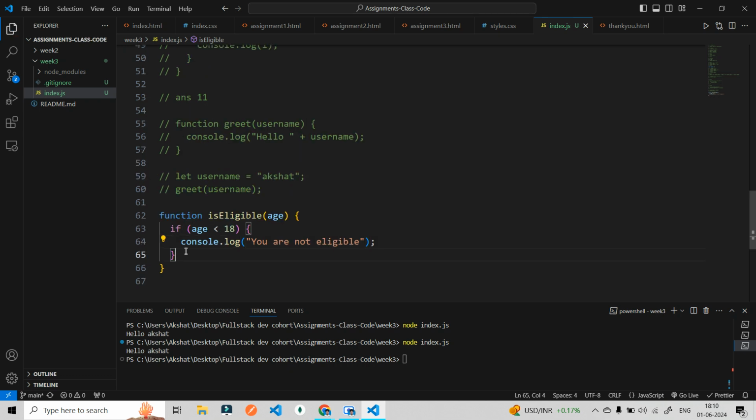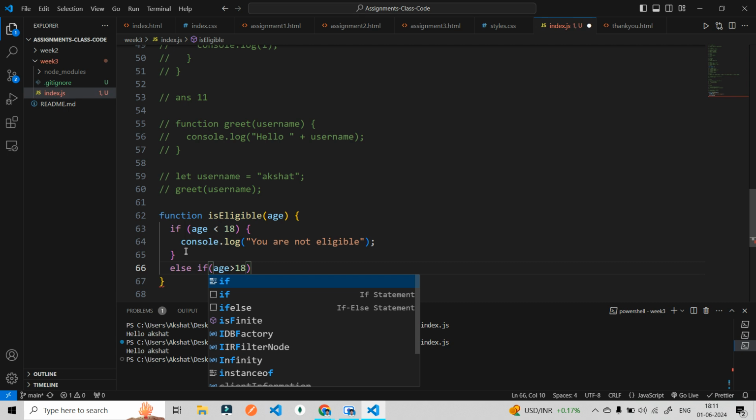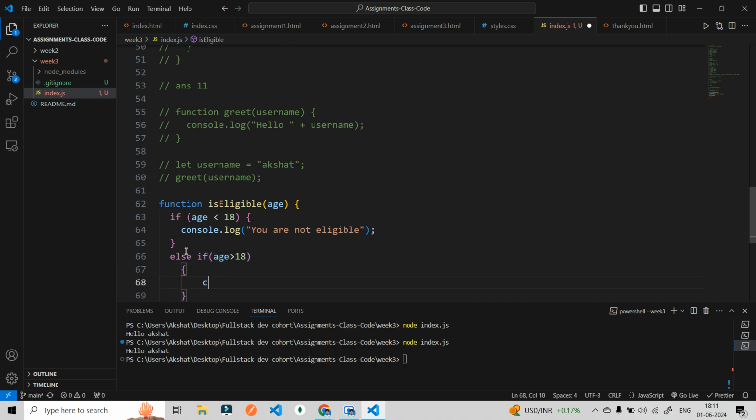Okay, and what if the age is greater than 18? Else if, right? What we will write here is else if. So here we will do console.log